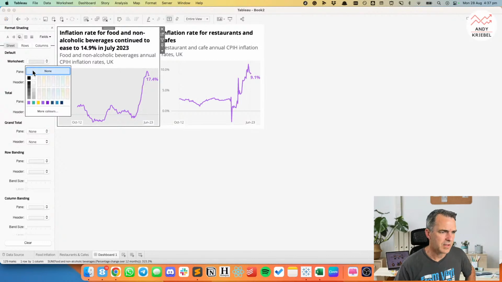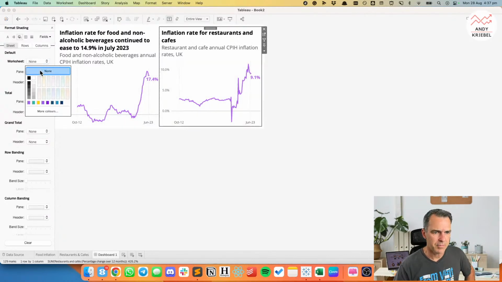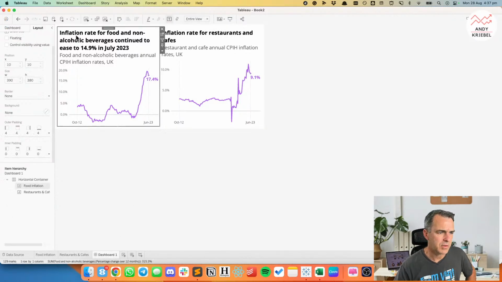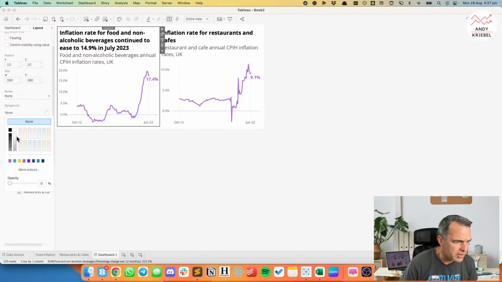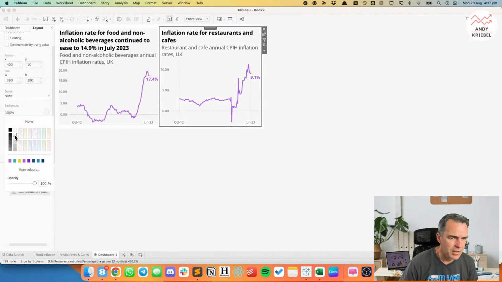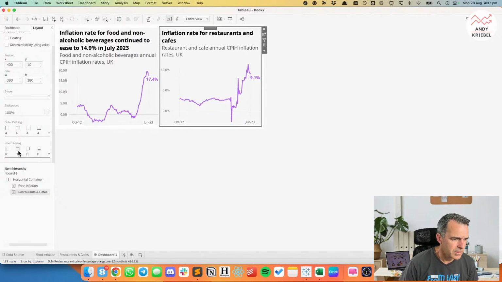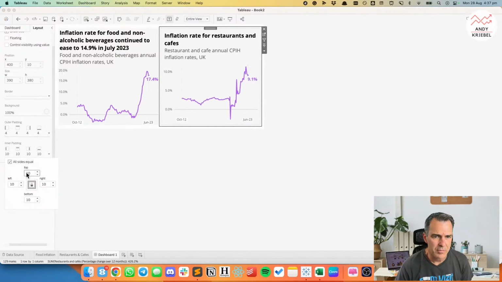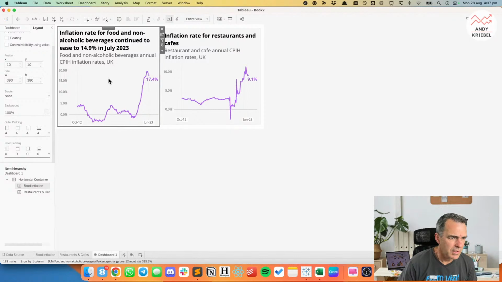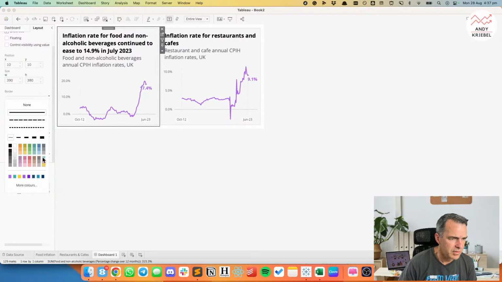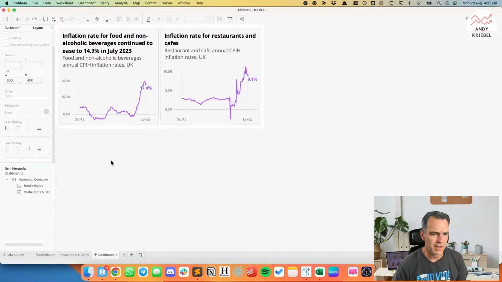Actually, no. What I could do is I could set this to none and set this to none. And then in my dashboard, I can go to this sheet, and I think I can now change the background here. There we go. That's what I wanted. Okay, and let's put a border on, maybe a light, slightly darker gray border. And I want to do maybe 10 pixels of inner padding. Oh, that looks good. And then this one, I want to do 10 pixels of inner padding and put a border, same color border. Okay, so we get something like that.